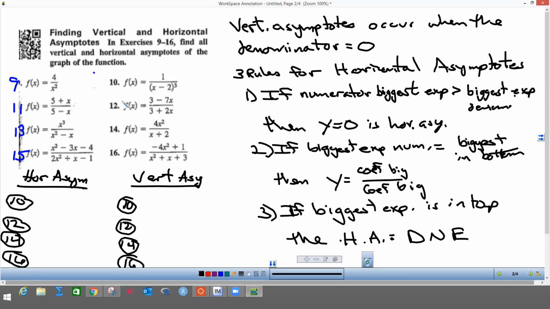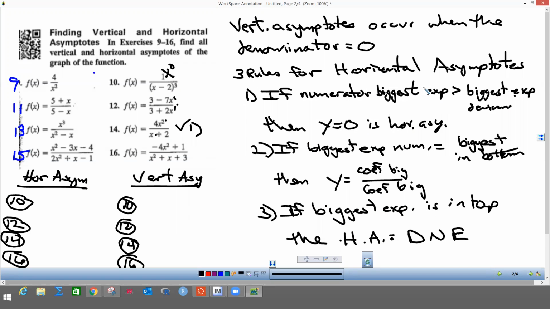So up here, this one has x to the 0, because that's what 1 is. This has x to the first, x to the first, so they're equal. This one is bigger than that one. This one is bigger, so that's the first rule, rule number 1. And then down here, these are equal. So on rule number 1, it says, wait a minute, the numerator is,